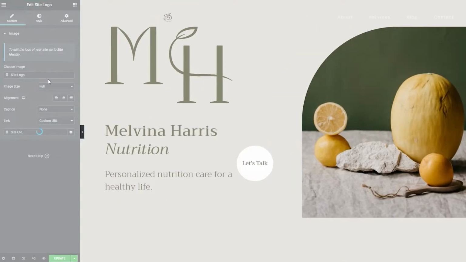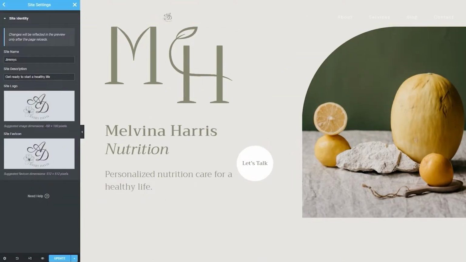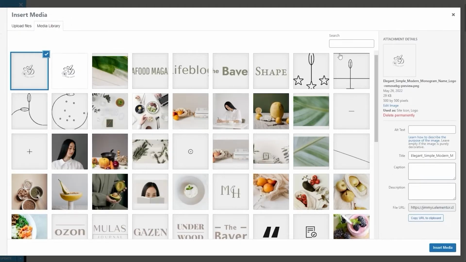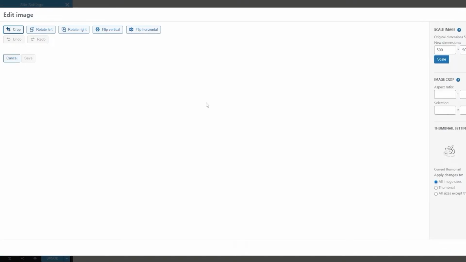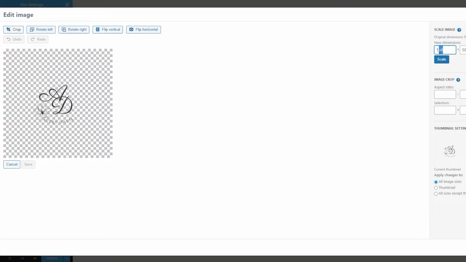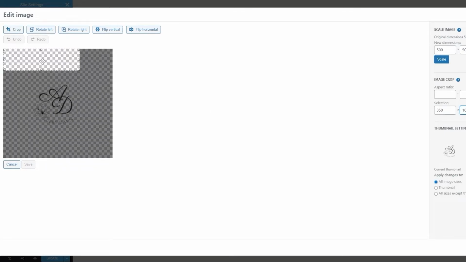So over here, if I click on the image, we have it over here. It says 350 by 100 pixels would be cool. So let's go ahead and do that. We'll click on the image and we'll click on edit this image. It's currently 500 by 500. So this is it. So if we were to crop it, let's say from here to here, or maybe change it to 350 by 100. This is the aspect ratio that it says it should be. Then maybe if we just kept this one pretty minimal, maybe if we just kept the AD,